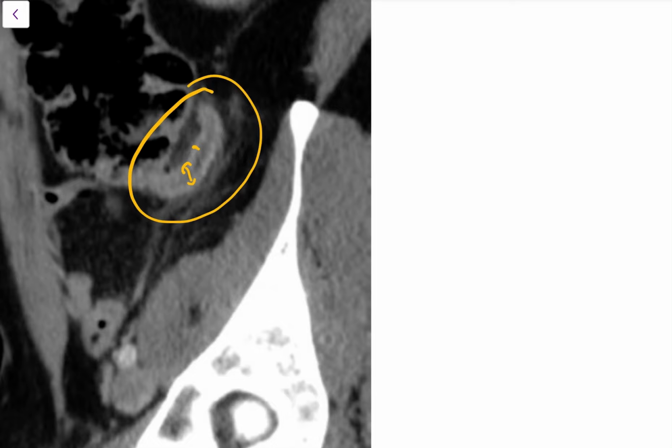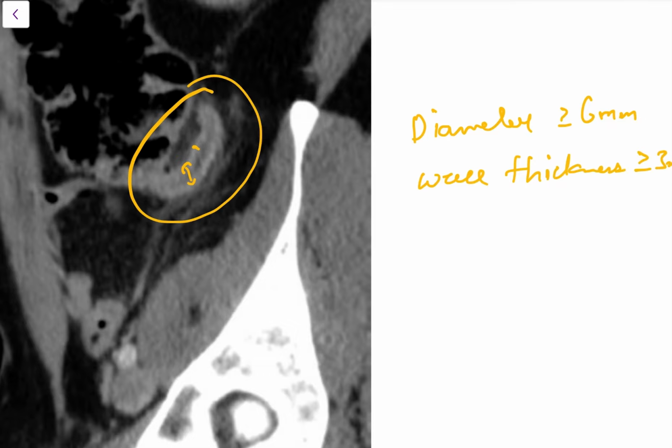So what are the features of appendicitis in CT scan? Diameter more than or equal to 6 mm, right? Then wall thickness more than or equal to 3 mm, right? And there will be surrounding inflammation. Okay,